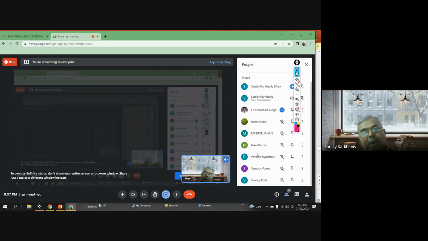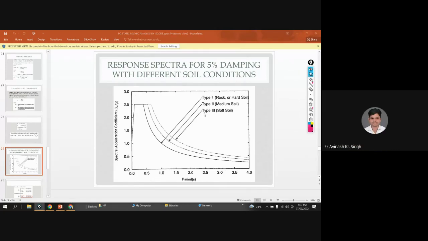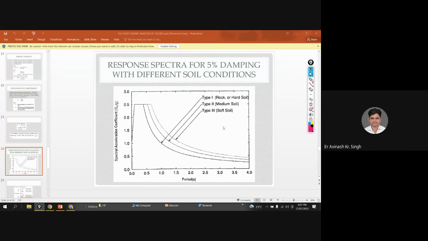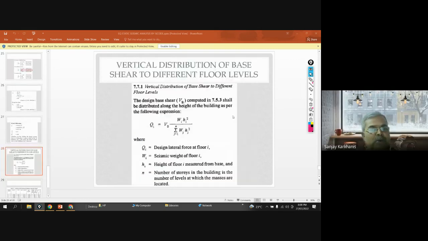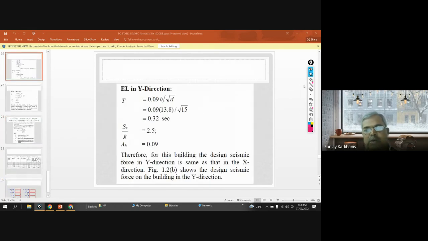But what is response spectra? Okay, I will assume that none of you knows anything about response spectra except the word, and that too many people have heard for the first time today. Okay, so what I will do, I will go ahead and somewhere I want